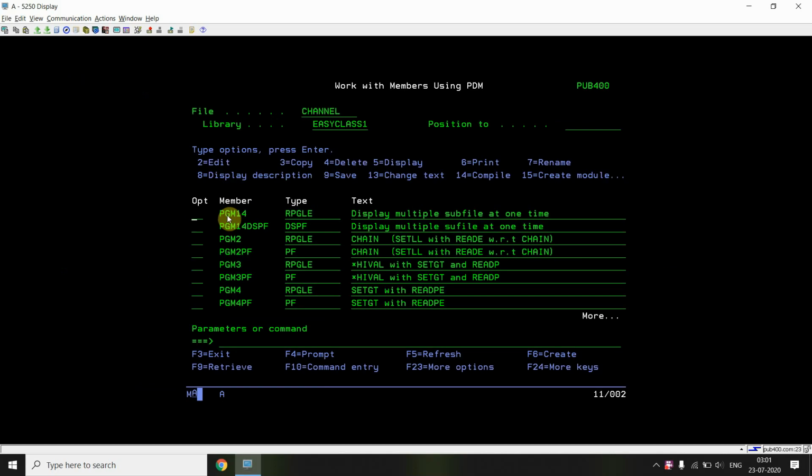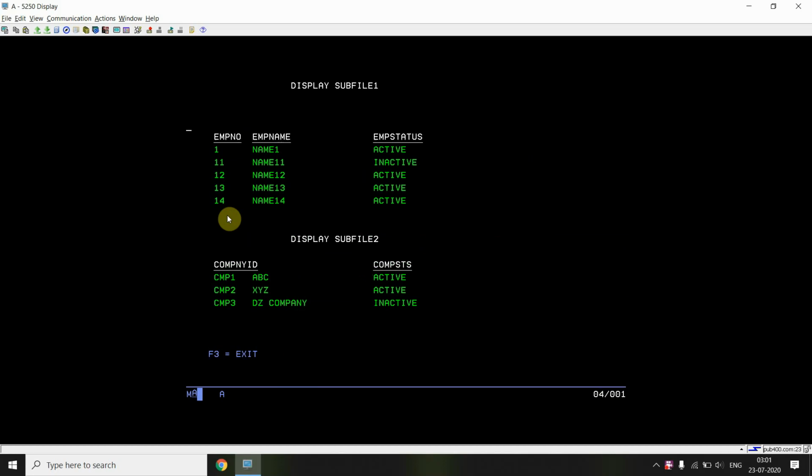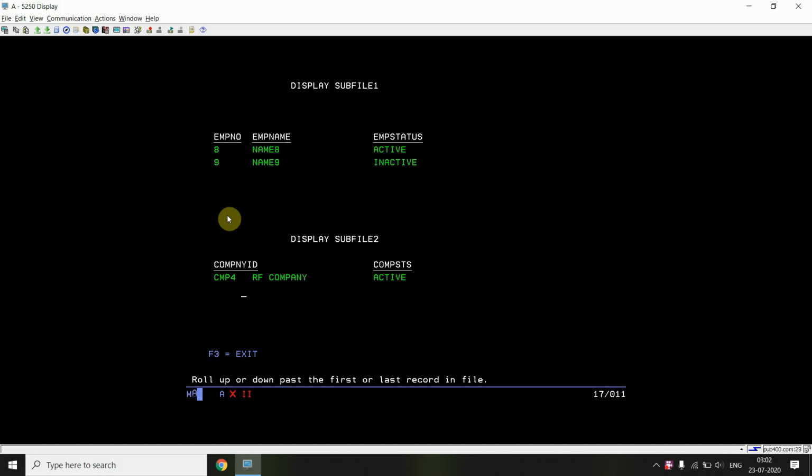So if you call it again, I can see that both of the subfiles are loaded successfully. This is working fine.